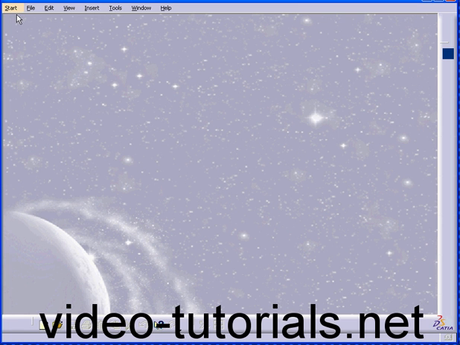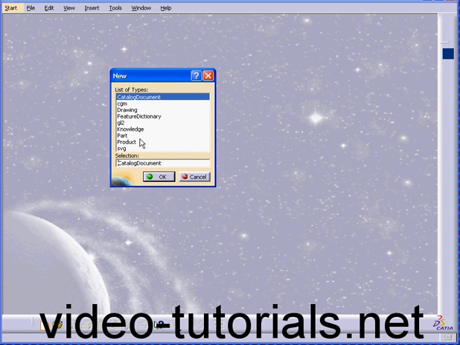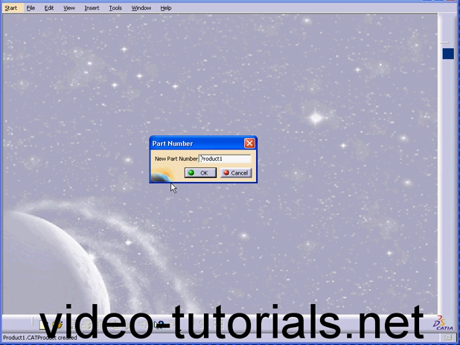Welcome to our third tutorial on assembly. I'm going to start by creating a new assembly document. Select Product, OK. Here's a dialog window that prompts you for a new part number. If you want this to keep appearing in the future,